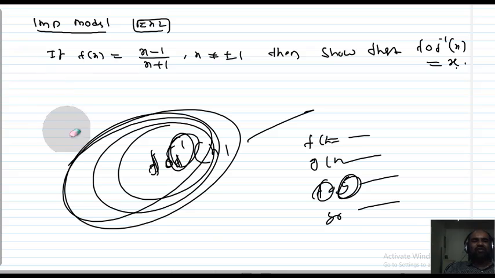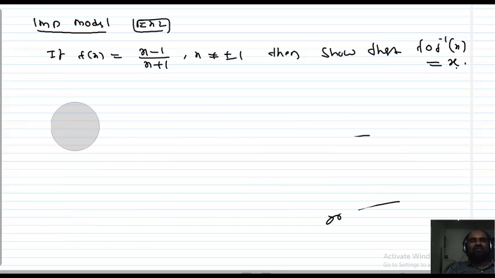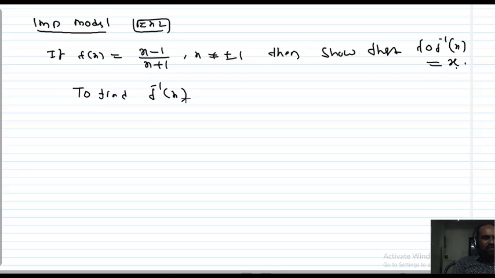First of all you want to find the rule followed by the inverse of this function. Already several times I explained how to find the rule for f inverse of x. Actually, for an essay type question, we need to examine whether f inverse exists or not. For this type of short answer question, you directly assume that f inverse exists, then you can find a rule for f inverse of x. To find f inverse of x,